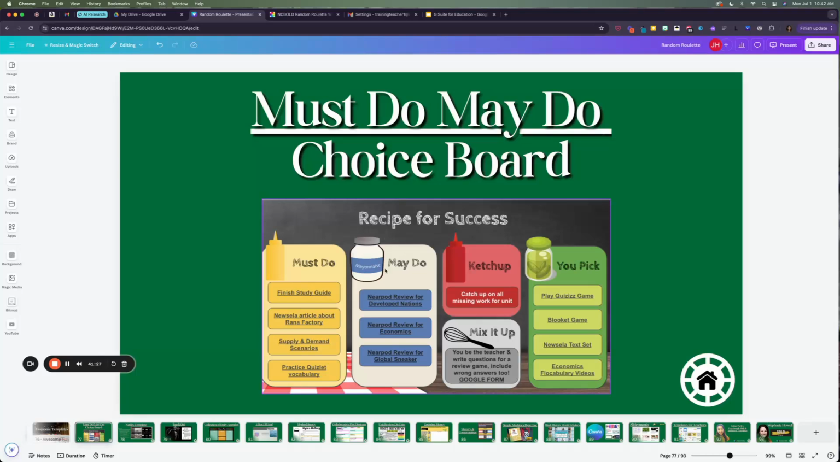The may do is something that's optional. So they could do this if they can get to it. Maybe they finish all of these and they want to do something over here. Catch up is for catching up on missing work. You pick is usually games or something they get to do that's fun. And then there's a mix it up place where you can put something random there. But this is a really cute